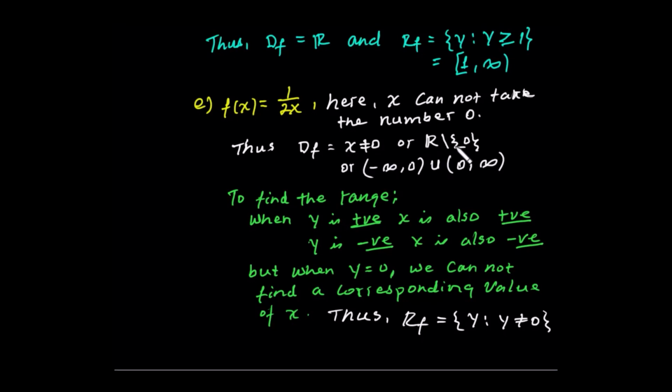ለዚህ ነው ዶሜናችን all real numbers x such that x is different from 0 ወይም r without 0 ነው። ይሄን ስናነበው the set of all real numbers without 0 ብላችሁ ነው። በኢንተርቫል ስንጽፈው from minus infinity up to 0፣ 0 ኦፕን ያደርጋል፣ ኦፕን ከሆነ include አያደርግም፣ union from 0 up to infinity ነው። ስለዚህ ይሄ all real numbers except 0 የሚለውን ያሳየናል። በተመሳሳይ መንገድ to find the range